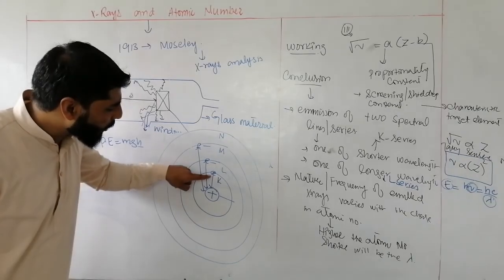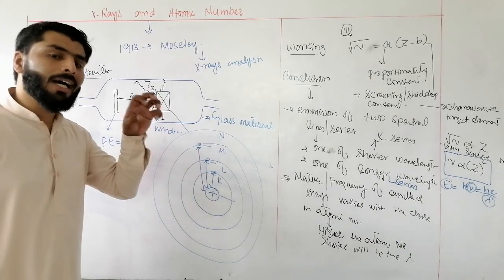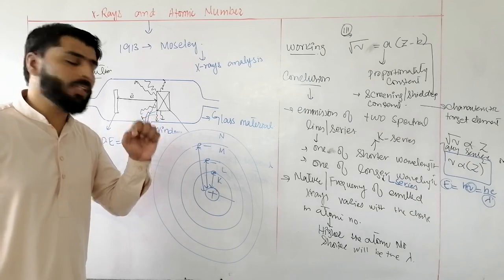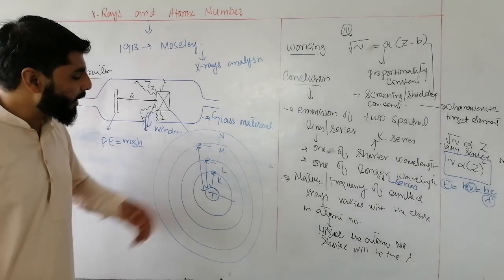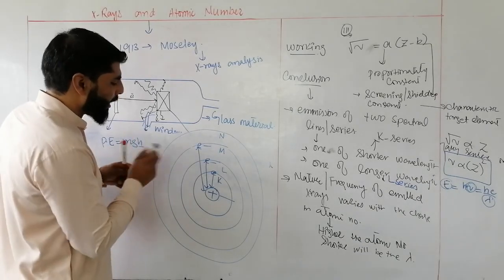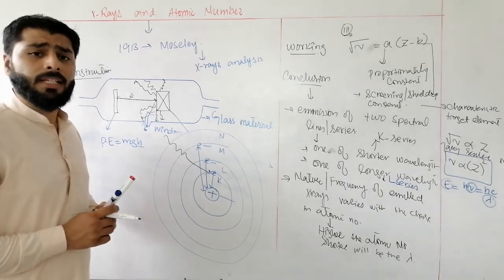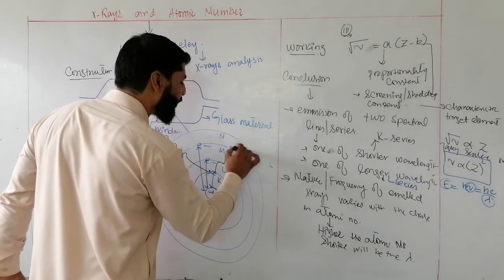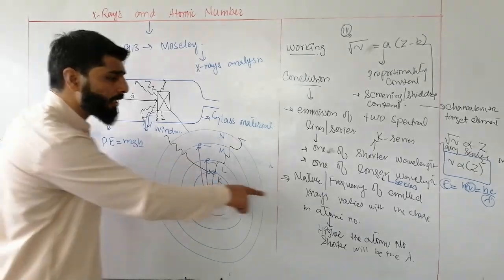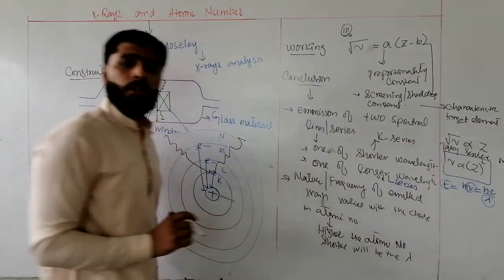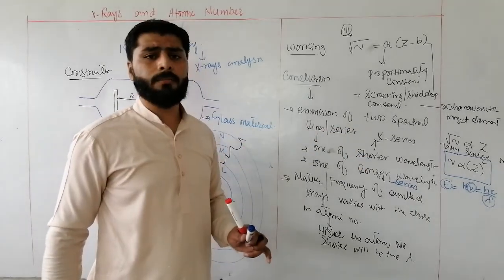So when an electron is knocked out from the first shell or K shell, there is an absorption of a greater amount of energy. Means when an X-ray collides with the electron of the K shell, this electron will be knocked out from this shell and there will be a greater change in energy. And when energy is greater, wavelength will be shorter. So the K series has the shorter wavelength.